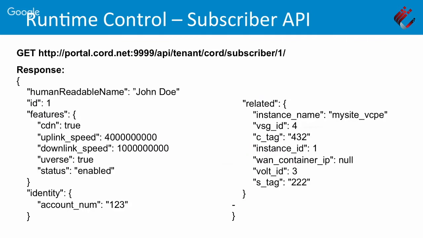In terms of the runtime control, again, there are different forms of this interface, but there's a REST interface there. And so I'm just showing you an example of a call on the REST interface to read the information associated with subscriber 1. Everything over on the left-hand side are the features that you could turn off and on or ramp up or ramp down. So I could do a put call and I could change your status, for example, to account delinquent, or I could change your uplink or downlink speed. The items on the right-hand side are basically information about what's going on under the cover so that an operator portal, customer care portal could see, well, here's your container, what's going on.